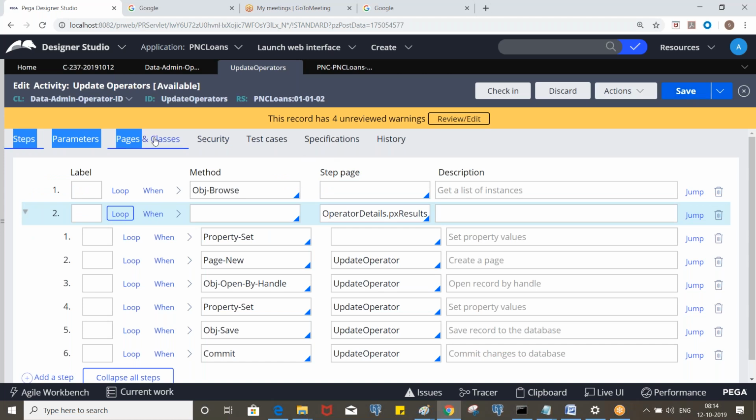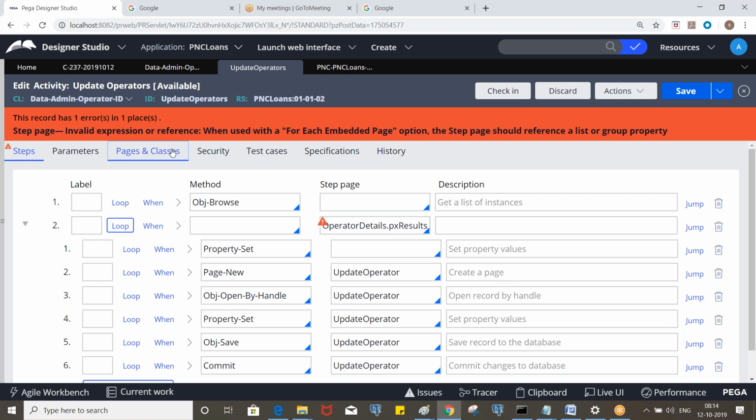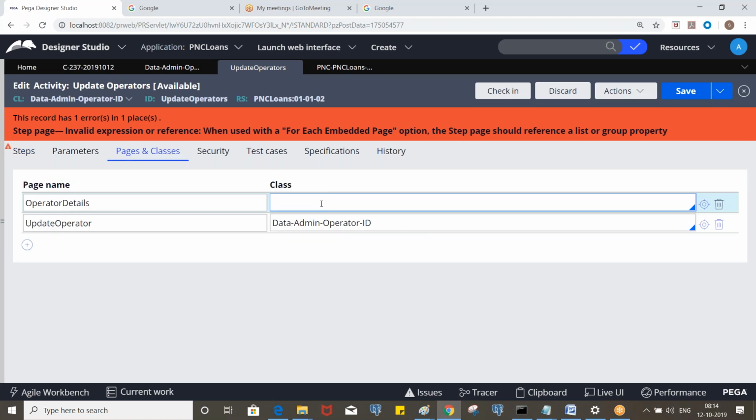It's working, right? That means this is referring to the Code-Pega-List, where we have a pxResults. If we put another class here, let me remove it. So what happened? We haven't defined any class here.